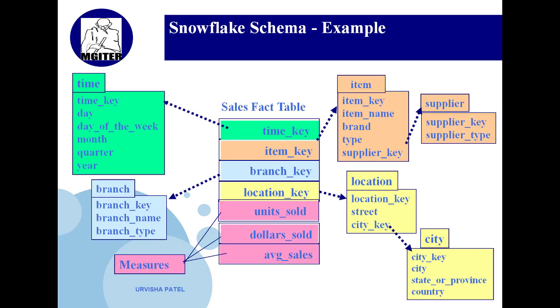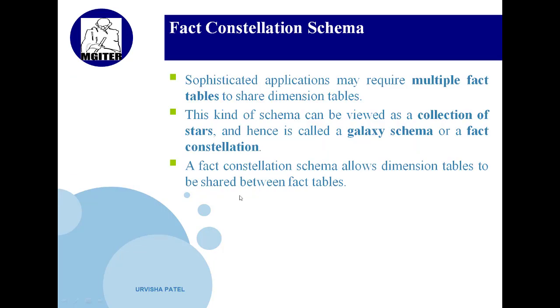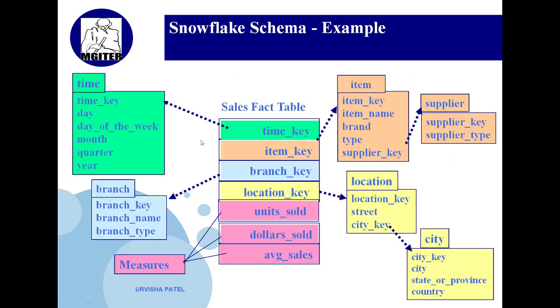Here is the example of snowflake schema. Here we are taking the same all electronics database and the same tables. Sales is a fact table. The fact table contains the primary key of all dimension tables and measures. What are measures? Measures means numeric values which are important for your analysis. In a database, serial number is also numeric but it is not important for analysis, so we cannot take serial number as a measure.